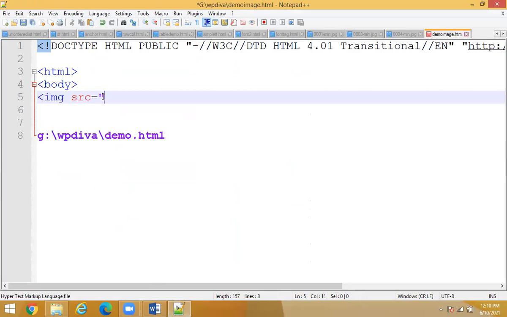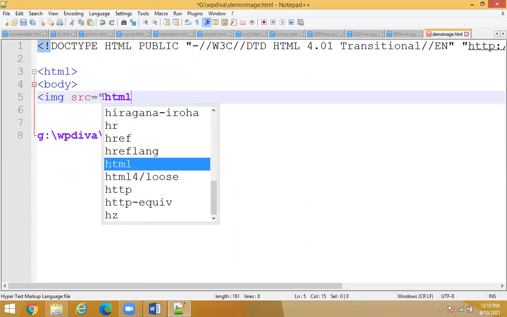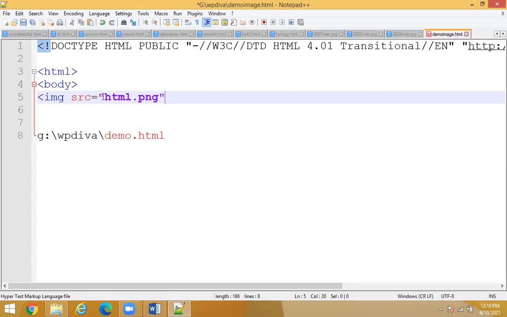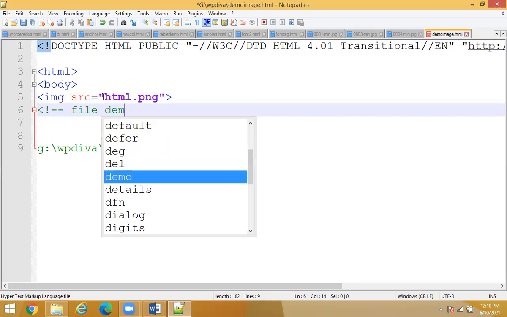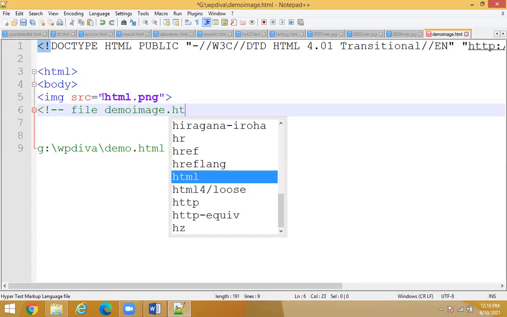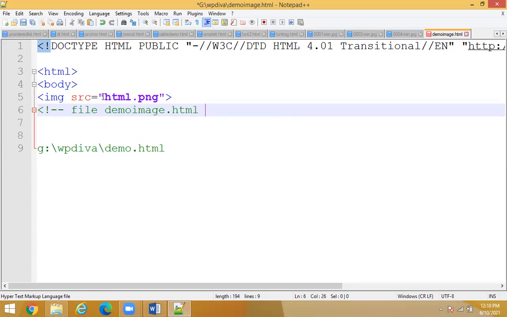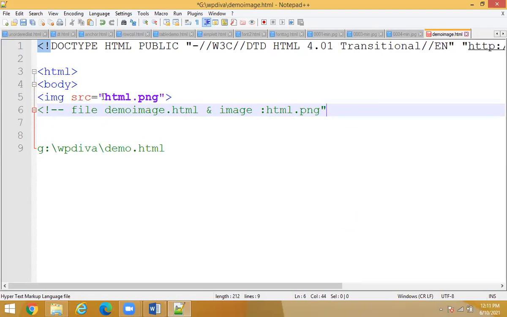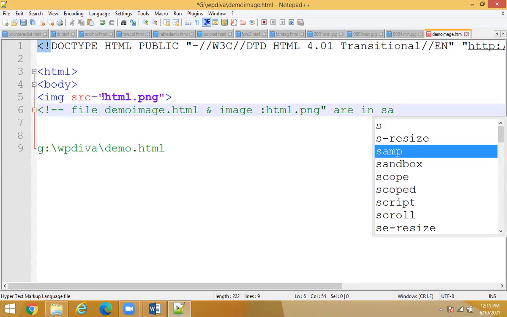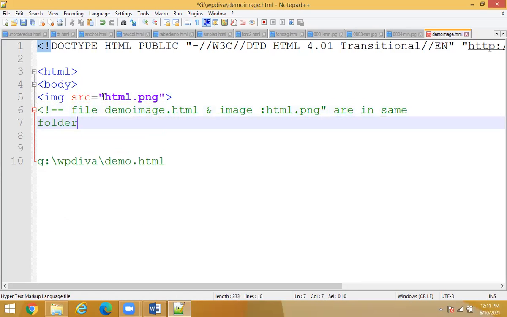So directly I can give the name of the image, HTML.png. Why do I not need to give the path here? Because my file, demo image.html, and the image, HTML.png, are both in the same folder.